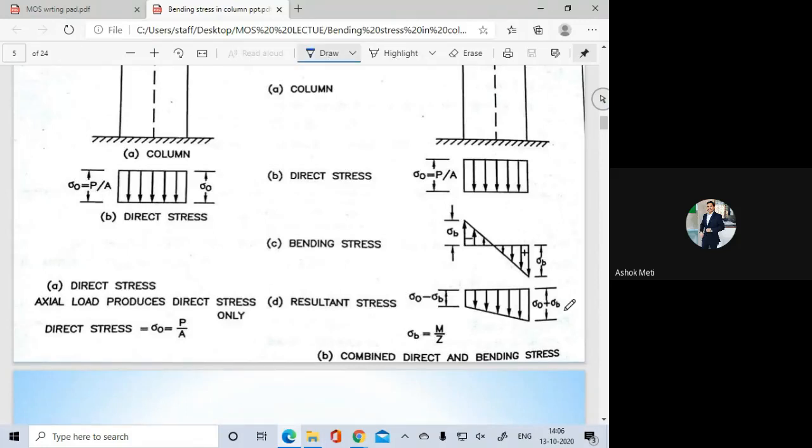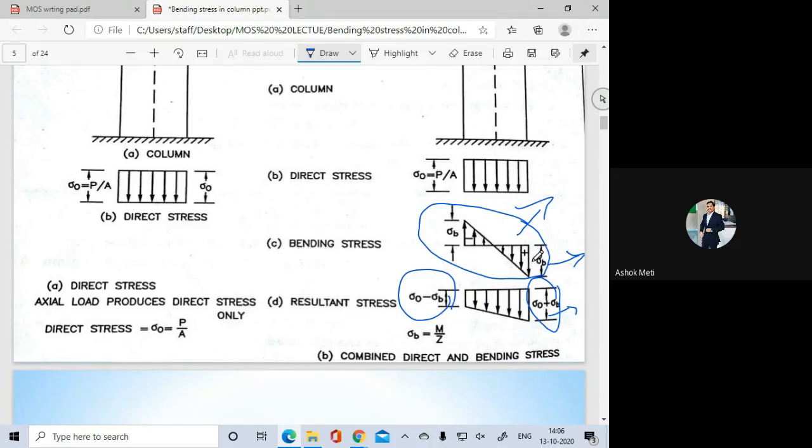So here at one side, if it is a direct stress plus bending stress, this will be a maximum stress, and here sigma d minus sigma b will give the minimum stress. Okay, so that we know. So here again, this is another. You can see this is the stress distribution diagram. So one side this is the bending stress, and the other side is sigma b only, but here it is positive, here it is negative.